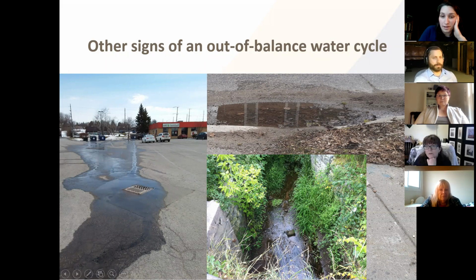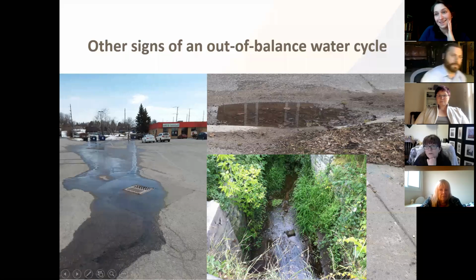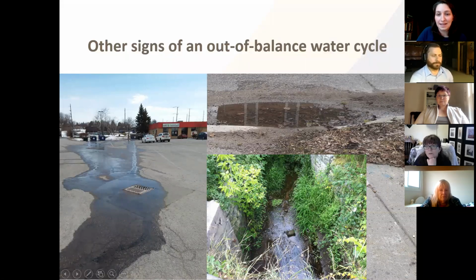It can also manifest in things like low stream levels or high stream levels at different times, and impacts on the vegetation and wildlife in our creeks, and allow things like invasive species to take hold. So there are a whole slew of impacts, many of which we maybe don't think of on a day-to-day basis,